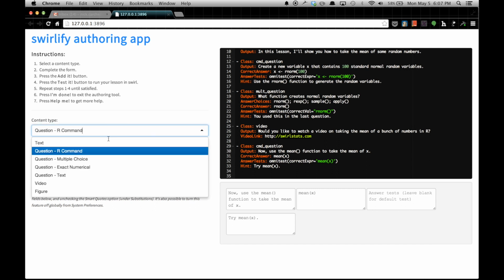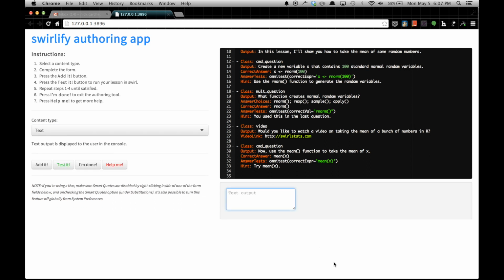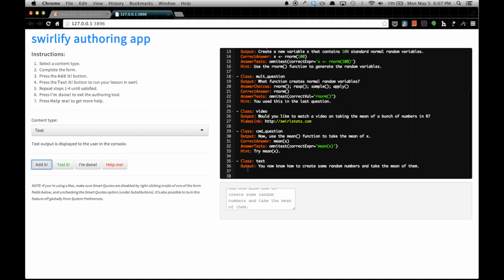All right, so why don't we just add one more little text blurb. You now know how to create some random numbers and take the mean of them. Great, add that. All right, so now that we're done, we've got a couple of options. We could hit I'm done, which will just return you to the RStudio console, and you can install your lesson manually and run it or share it with other people. Or, more interestingly, you can hit test it,